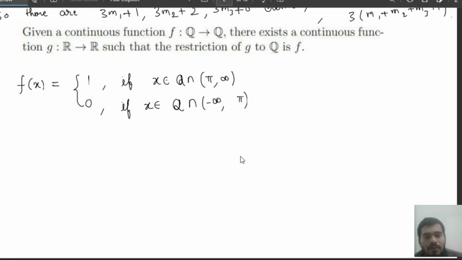Yes, it is a continuous function on Q because Q has gaps and I utilize the gap by introducing pi, which is an irrational number. So we can separate Q using an irrational number, and we are utilizing that separation to define a continuous function. So we have this continuous function. Now suppose some g from R to R is an extension of f.